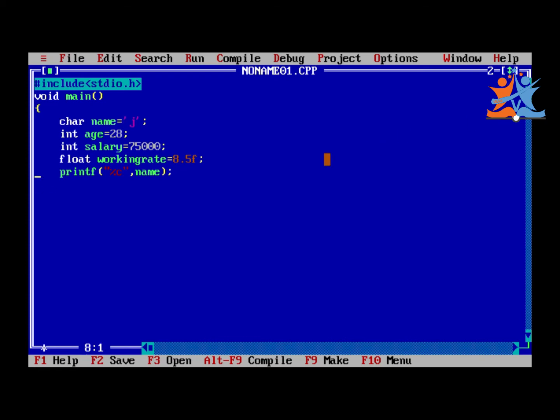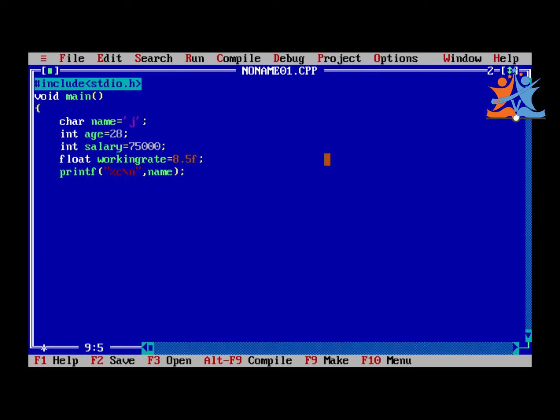Next, printf. Here I can go with some escape sequences. Both concepts, the format specifiers and escape sequences, we will discuss in the next session. Just for our convenience, I will go with slash n. What is slash n?